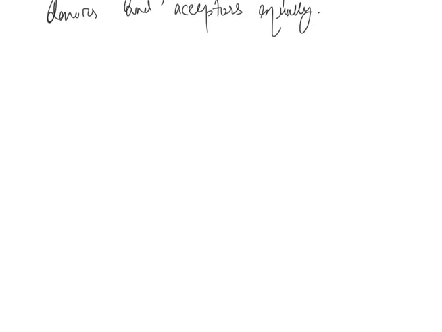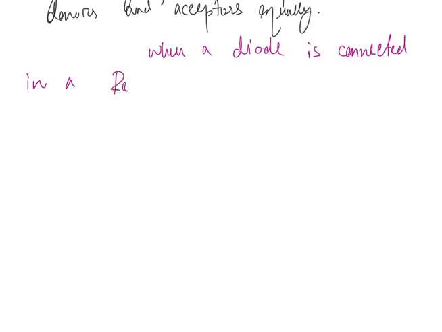When a diode is connected in a reverse bias condition, a positive voltage is applied to the n-type material,